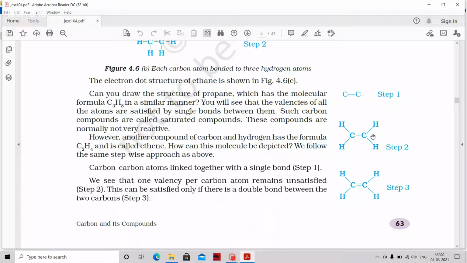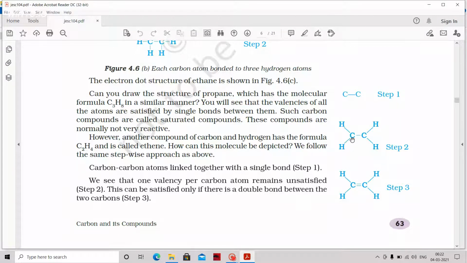Here also you see C2H4. This is not the complete compound because the octet is not finished. In order to finish the octet, they put a double bond here. Because it doesn't have more hydrogens to have bonding. It is having only 4 hydrogens and 2 carbons. Then what should we do? To satisfy the octet, 1 electron from one carbon and 1 from another carbon can be shared. Now I got a double bond, carbon-carbon double.